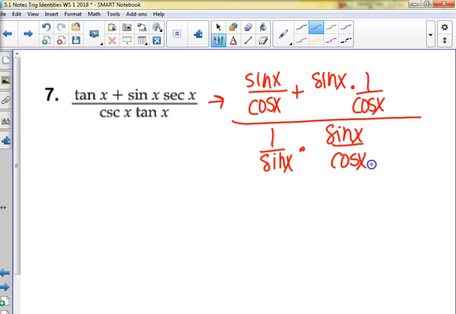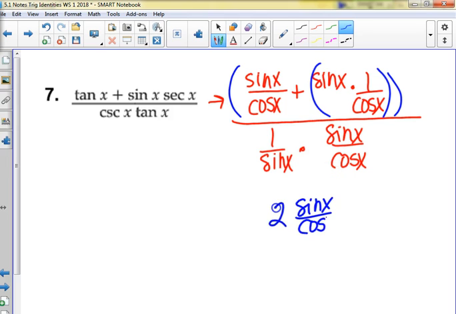Okay, so let's just work with the top for a second. What can I do up there? Isn't this just a sine over cosine itself? Okay, so what's a sine over cosine plus another sine over cosine? 2 sine over cosine, yes? Okay, what's happening in the denominator? This cancels. So I have